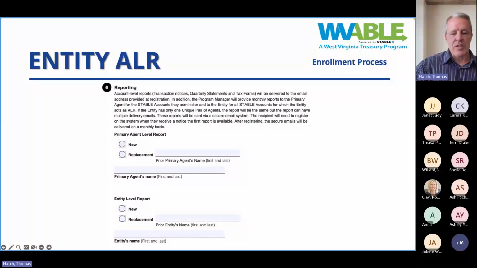The next is reporting. So this one I will get to a little bit more in a minute. This was our previous one where if you wanted to receive emailed monthly reports, you would fill this out. This is largely no longer applicable, as all the reporting has now moved online, and I will be demonstrating that for you. So on this page, I would say if you're filling out the paper application now, go ahead and skip this page and don't fill anything out, because everything that they could send you on a monthly basis, you have access to on demand. And so it's even better than waiting until the end of the month and getting stuff emailed to you.